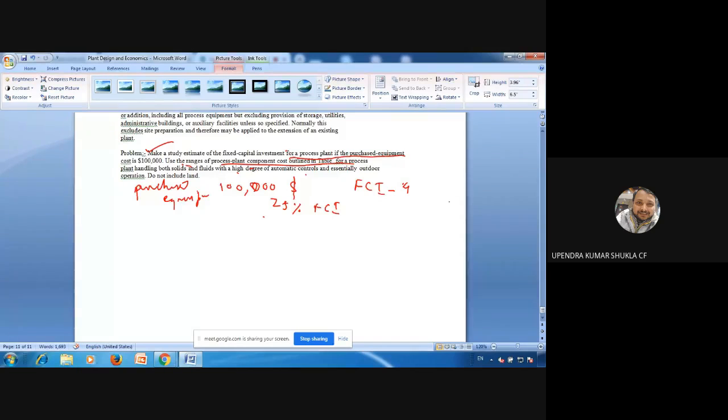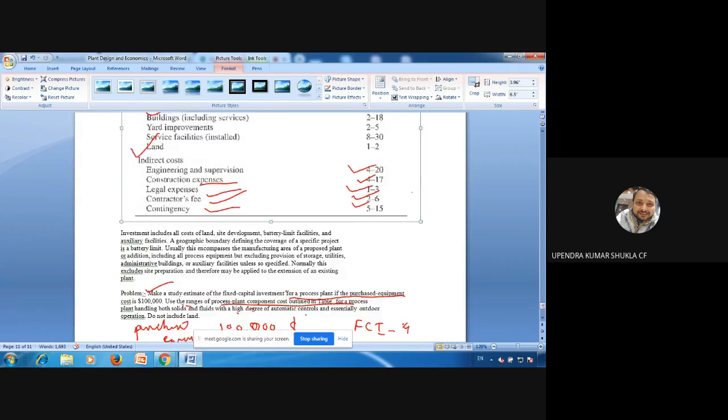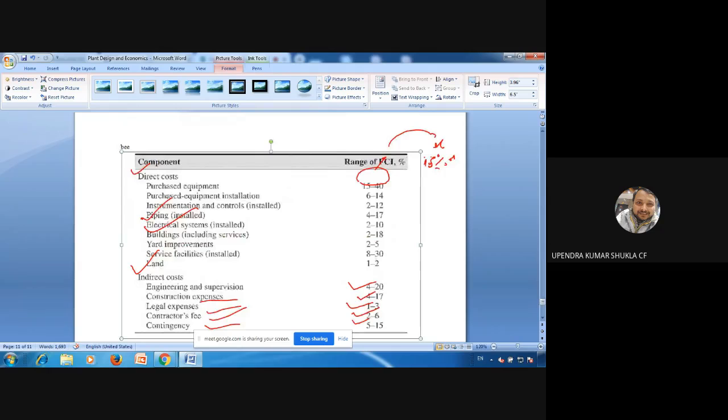Okay, so you need to understand this. So with fixed capital investment at 4 lakh, once you get the fixed capital investment almost,